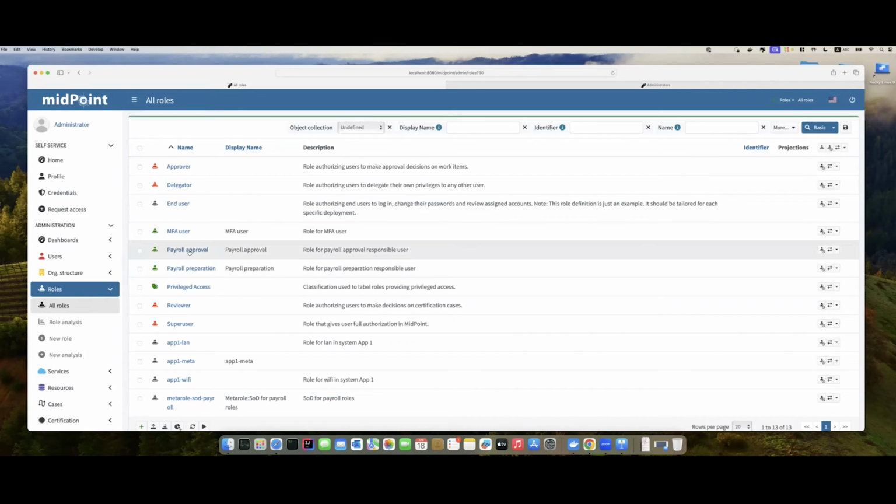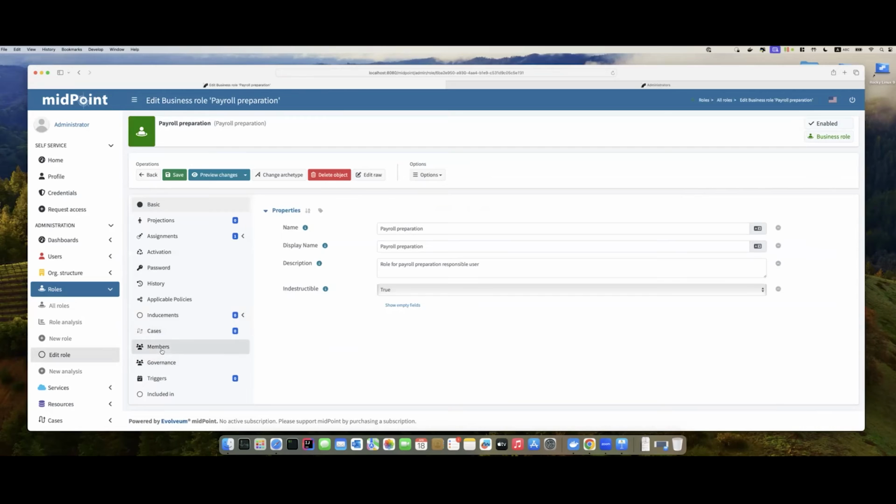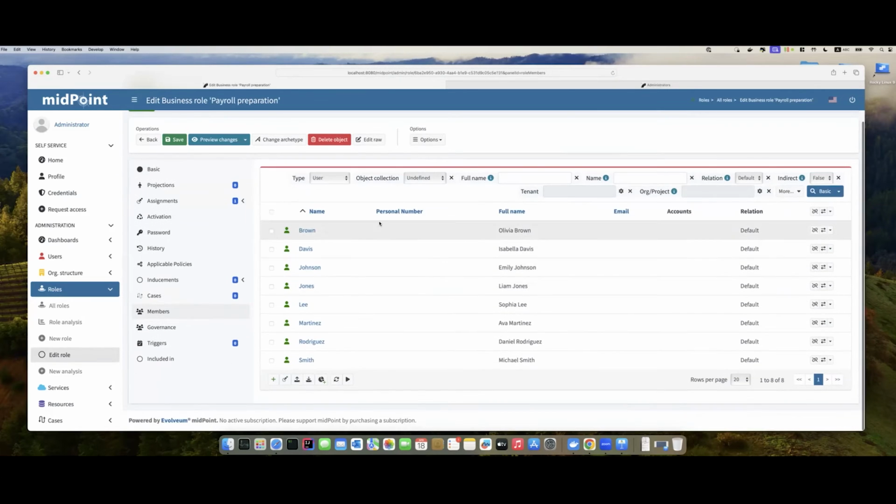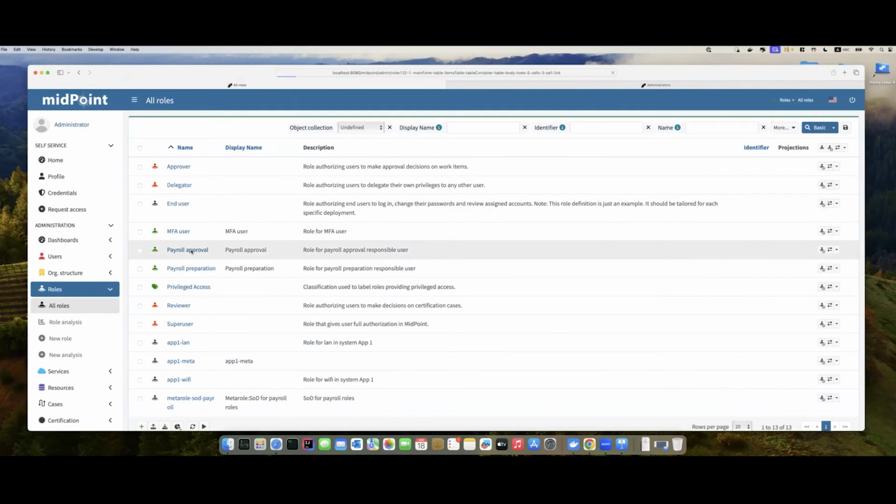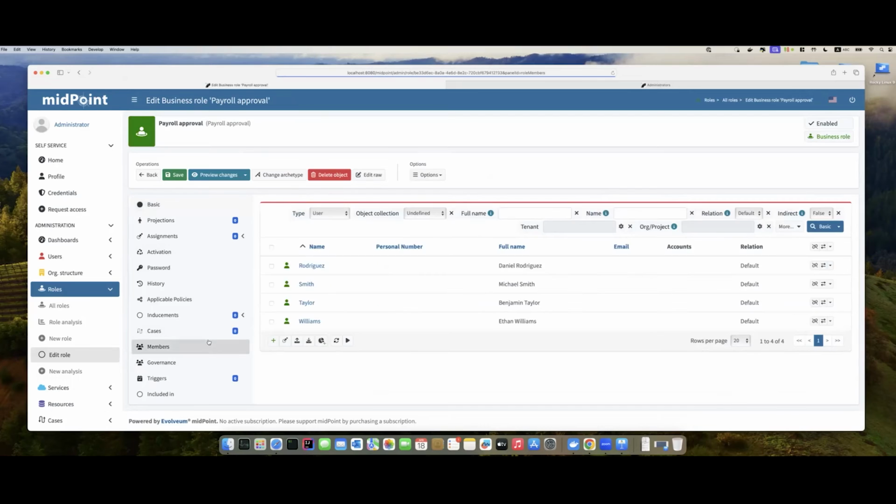Currently, if we look into payroll preparation and look at the members, we see a set of people, and we can go back to the other group and look at the members, and we see that users Rodriguez and Smith are also present in the other group. This is a small sample, but you can have a large organization with hundreds of users, and it might not be as obvious as you can see now.